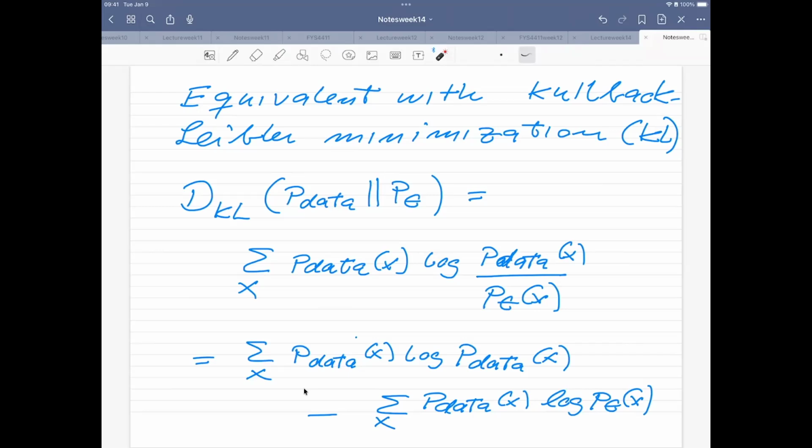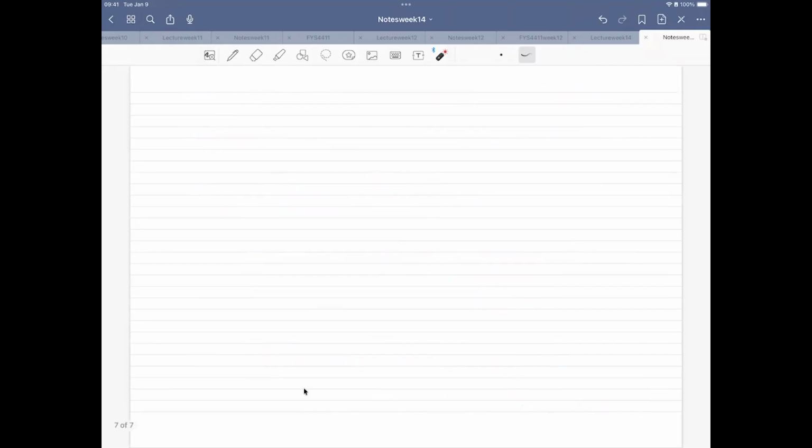The divergence here was called the Kullback-Leibler divergence. And I just wanted to show you by using the Jupyter notebook. So this D_KL of some probability P and Q is always larger or equal than 0. And you have an equality here